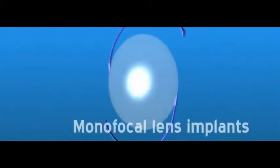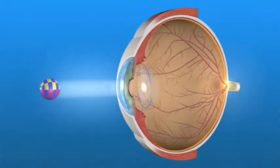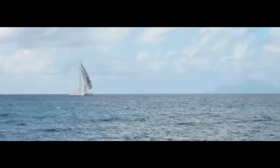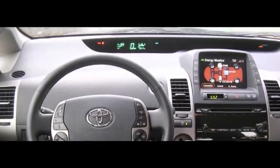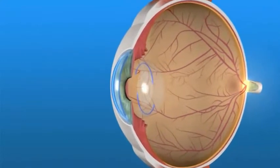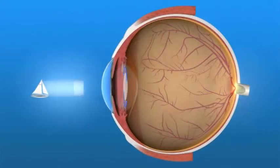The traditional IOLs that have been used for several decades are called monofocal lens implants because they focus the light entering your eye at a single focal distance. This means that you will see best at either far, near, or intermediate distance when you aren't wearing glasses, depending upon the lens power selected by you and your eye surgeon. Most people who have cataract surgery with a traditional IOL choose to have a lens that provides good distance vision